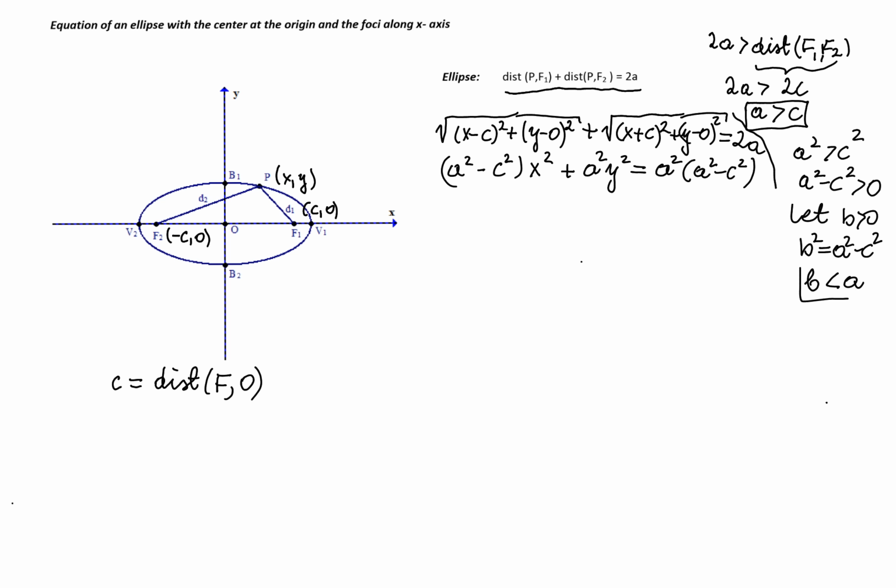So we have another relationship between those numbers. And if I replace a squared minus c squared by b squared, then my equation is going to be b squared x squared plus a squared y squared is equal to a squared b squared. Dividing every single term by a squared b squared,